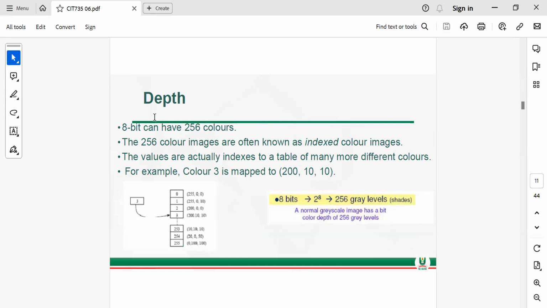8 bit can have 256 colors, and the 256 color images are often known as index color images. The values are actually indexes to a table of many more different colors. For example, color 3 is mapped to 200, 1010. So this is 3, 200, 1010. That is, the 200 will tell you the row, the height on the screen that is used in